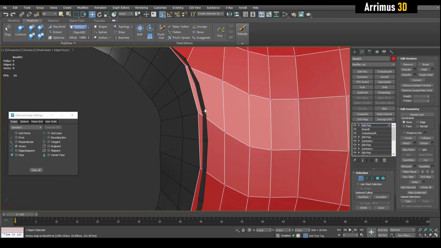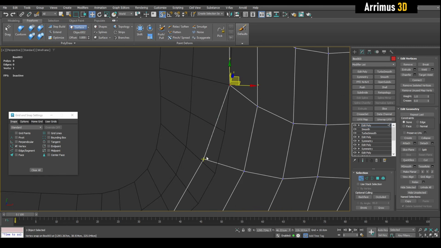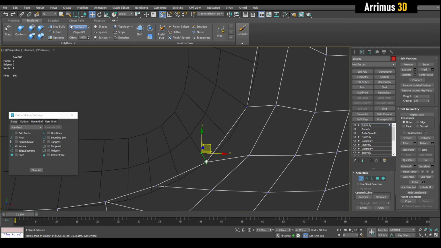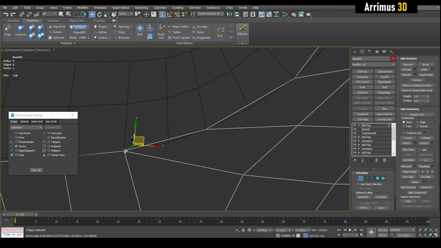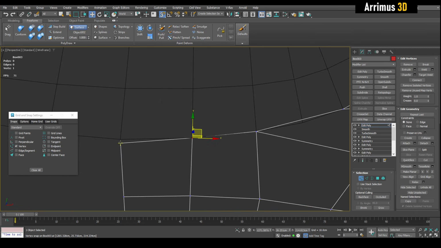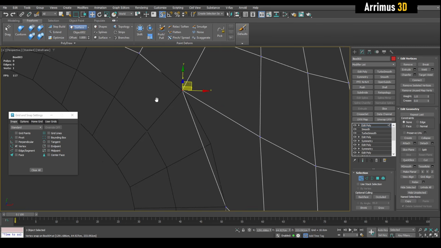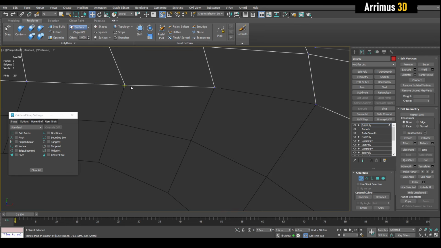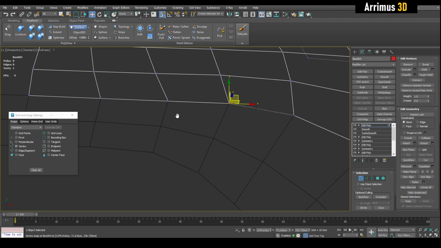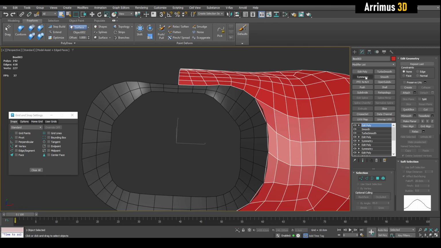That'll give you more vertices to work with for a better match. Alright, so now for example, if I turbo smooth,